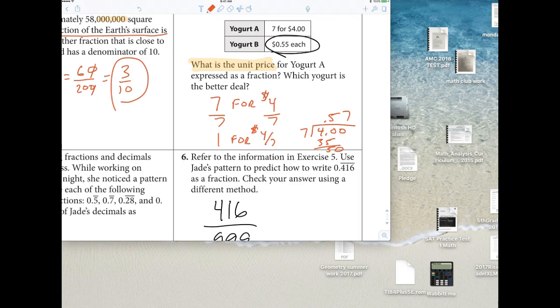So if I was watching my money, even though is it really that big of a deal? No, but clearly B is the better deal. All right? B is the better deal. All right? Is everybody good on this? All right. Now